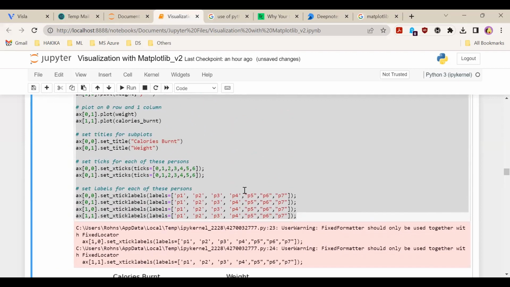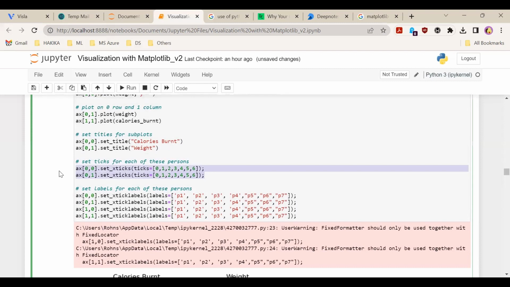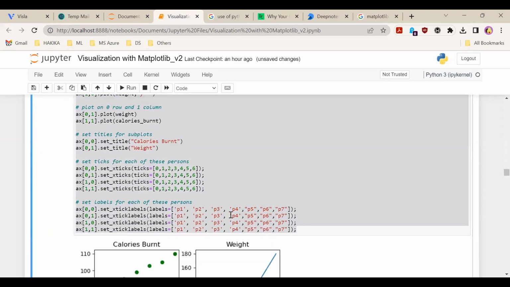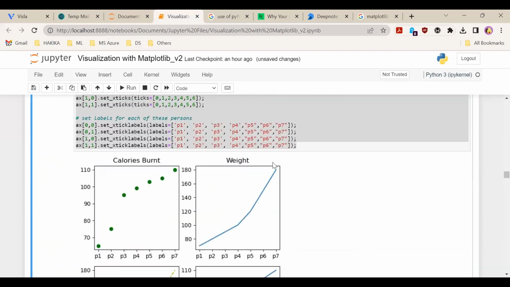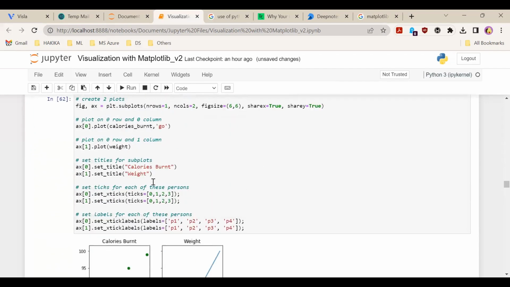We can also increase. What do we have up to person 5? We also have to set this again. We have to specify this. We want to have the first and the 0, then 1 and 1. Let's see if there is any change. We have change. That's basically how we use the subplots, and we can represent data using the subplots by